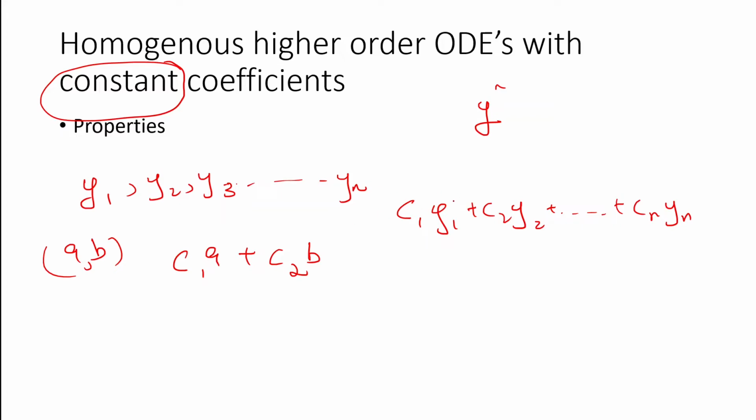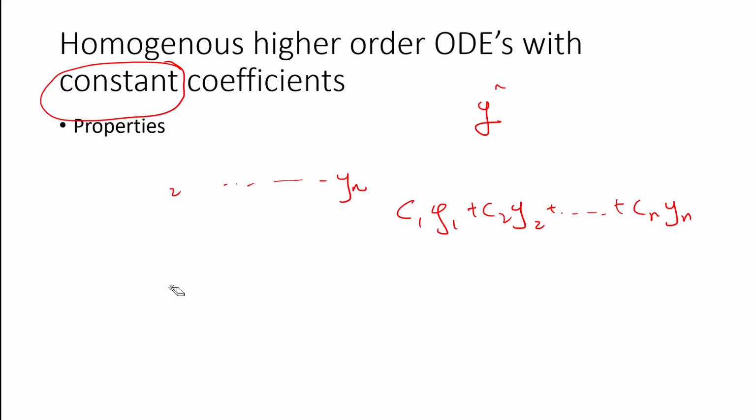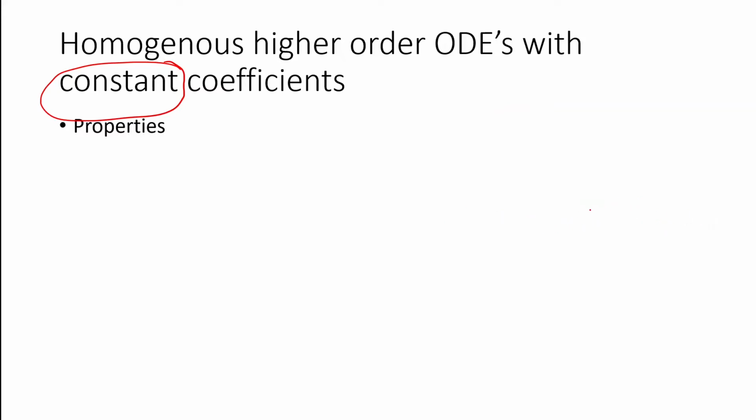So that's the first property. It's quite simple to prove this, but as I said earlier, I will not be proving any properties. In the next lecture, you can look at the proof which I will demonstrate. So that was the first property, and it's good to keep this property in mind, since it's always expected of the undergraduate course student to write the general solution c1 y1 plus c2 y2 all the way till cn yn.